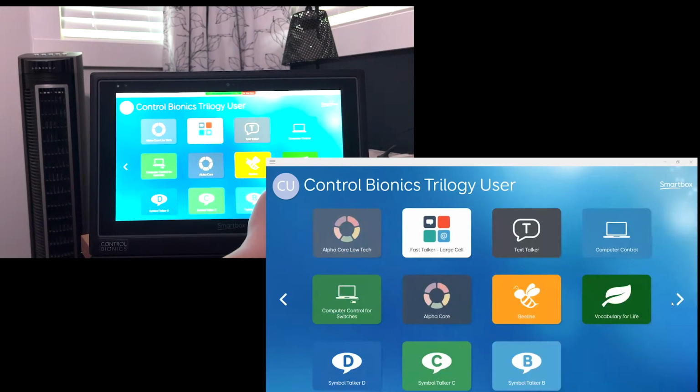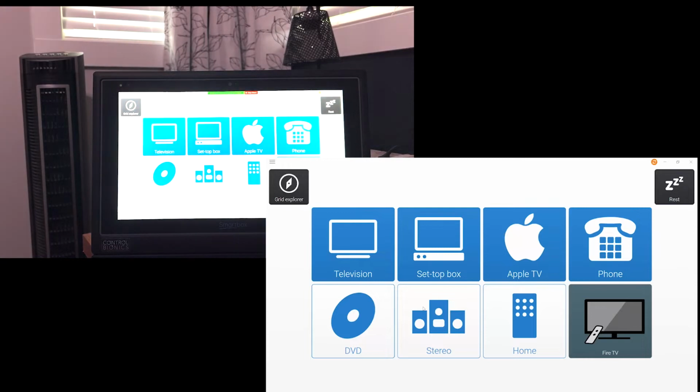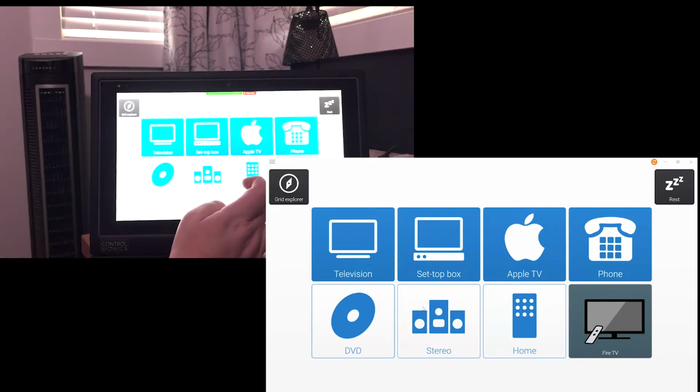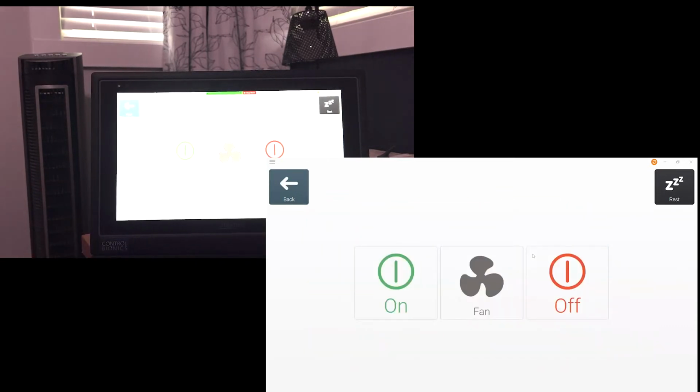In the Grid 3 application, find the Service Environmental Control app. Open that app and select the Home icon. Next, select the Fan icon. Now we are on a pre-programmed grid page for a fan that uses a simple on-off command through a smart